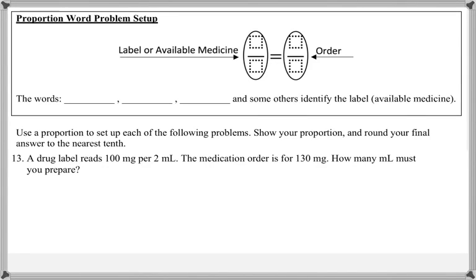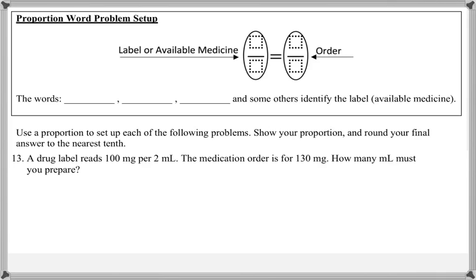The next section is on word problems involving proportions. So we're going to be given a word problem and we need to set up our own proportion and then solve it. So we kind of have a template here. The label or the available medicine I'm going to put on the left, and then the order I'm going to put on the right. And there's a couple different identifiers for the label or the available medicine, and that would